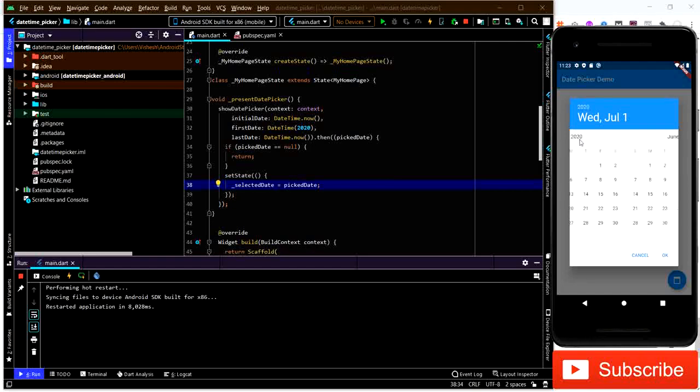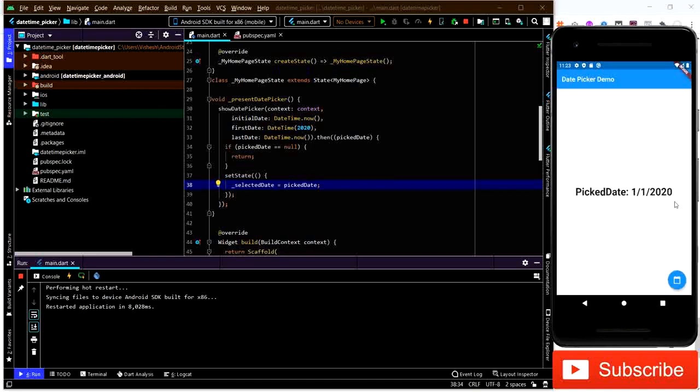I'll show you. Since we have set an initial date of 2020, 1st January would be the first date that I can choose. You can see that this is inactive now. I can select 1st of January only. That's the earliest date I can select, 1/1/2020. Now when I long press this floating button, it shows the tooltip 'Show date picker'. It's basically a long press on the phone itself, so it displays what this widget does.